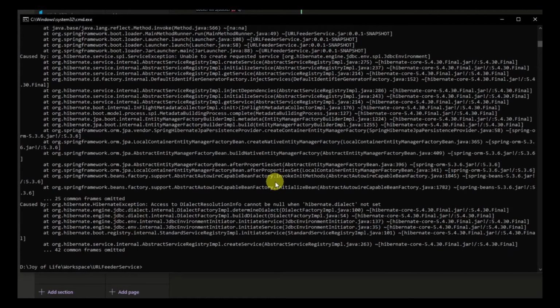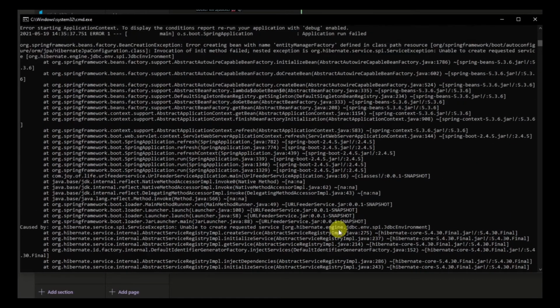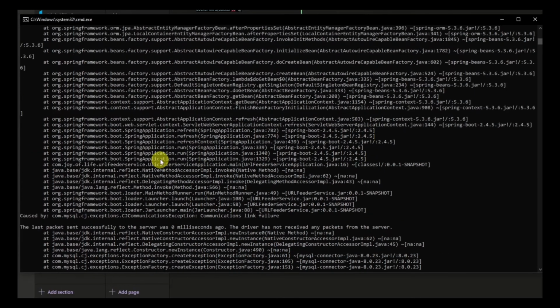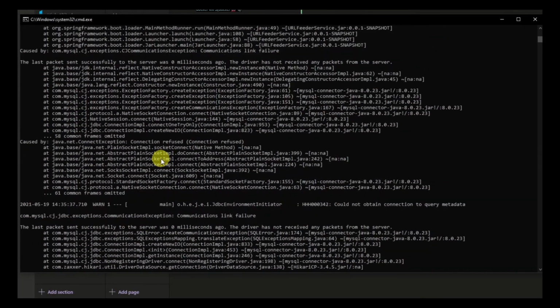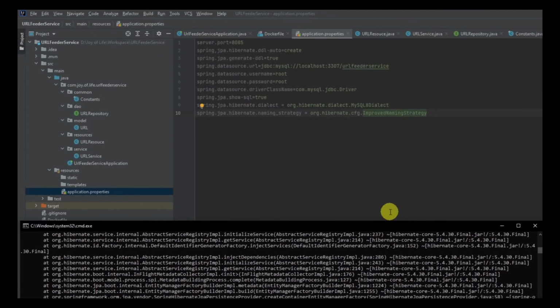So this time we see a bunch of problems that we are getting, right? Dialect and everything, we are facing some problem with. And we can see that the connection has been refused, right? We need to fix all these and we will do that, not a worry. So now the problem is basically we have specified over here that we are connected to localhost, right? And we are inside the Docker container. So the localhost won't work over here.